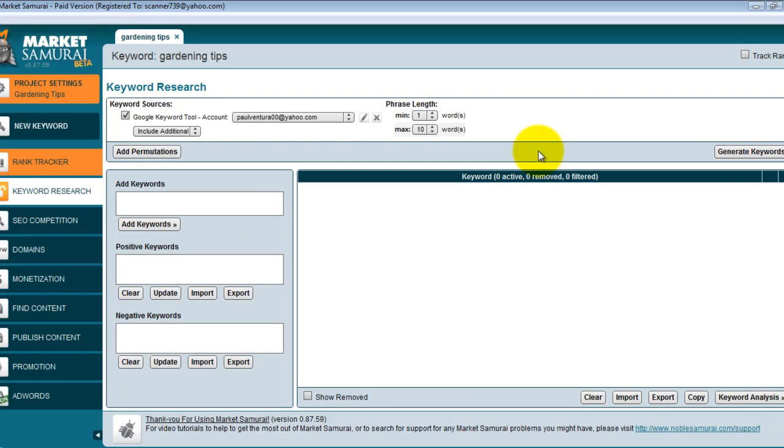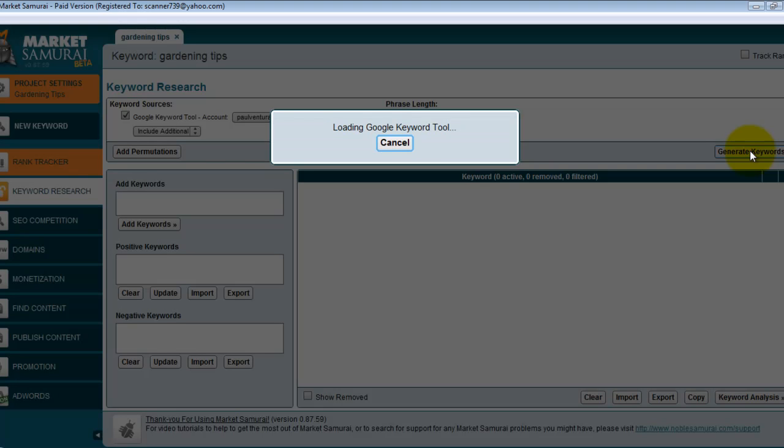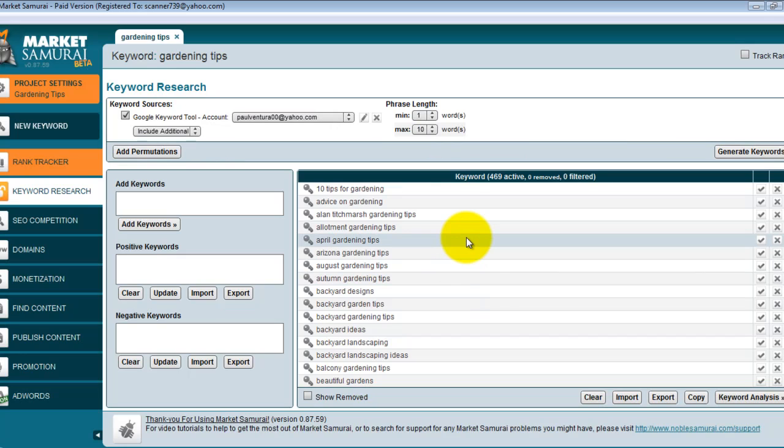Click on that, and all we have to do to get our list of keywords is click generate keywords. This is going to create a list of hundreds of keywords which relate to gardening tips. It's just going to take a minute to load up, so I'm going to pause the video and come back in a second. Alright, so now we have our list of 469 active keywords which Market Samurai found for us as relating to